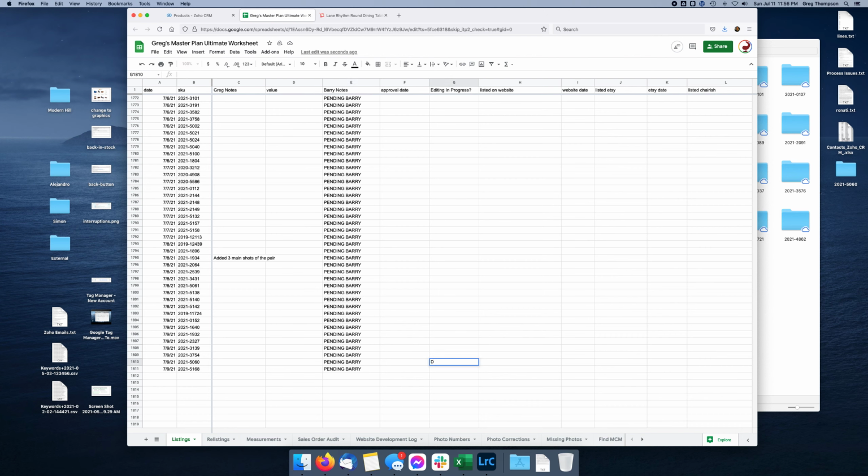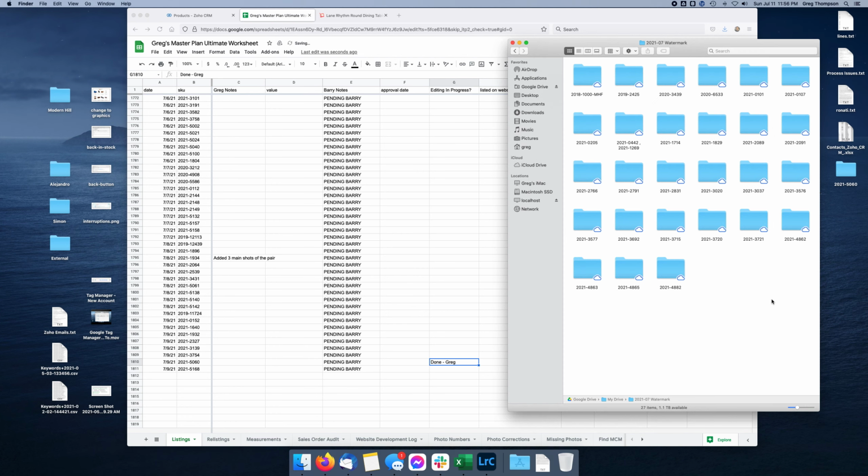And then it would go to done Greg once you've actually uploaded the photos to the Google Drive, the finished edits, and then you would change it to done. And then after that, just go to the next one and keep doing that until you are done with